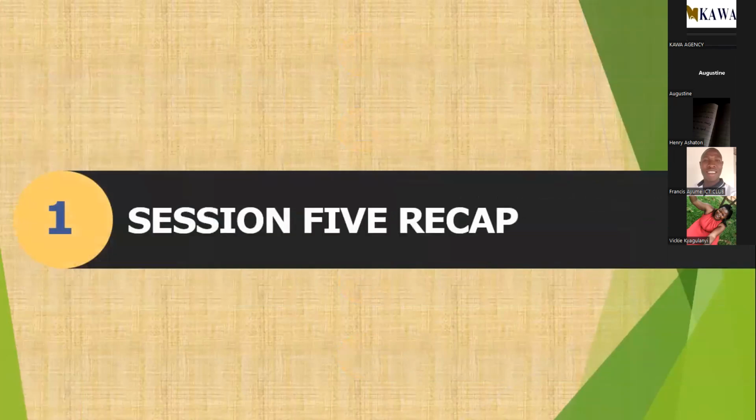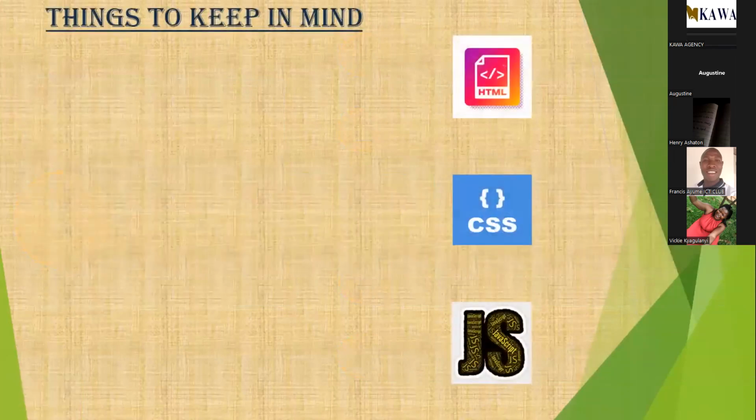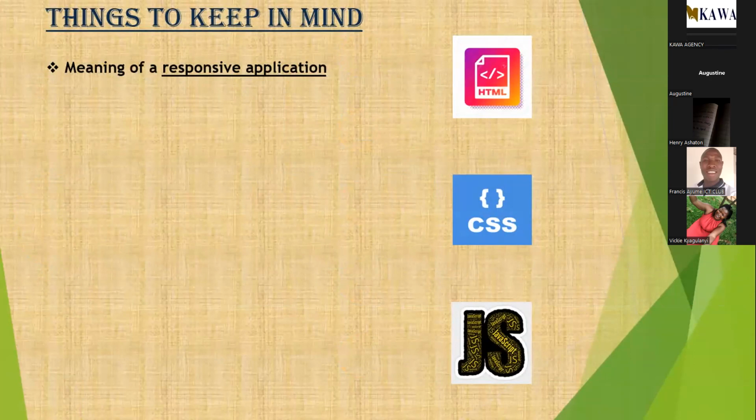So, session 5 recap. Last week we looked at a couple of things, and one of the main things we looked at was what we call responsiveness. I explained what responsiveness means, and if you really want to understand this idea of responsiveness, then you will have to check out our session 4